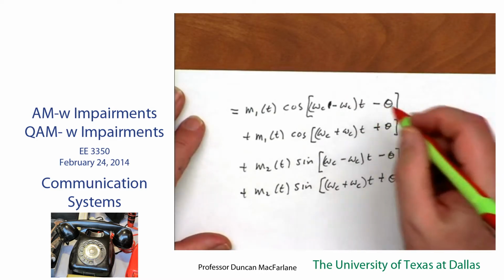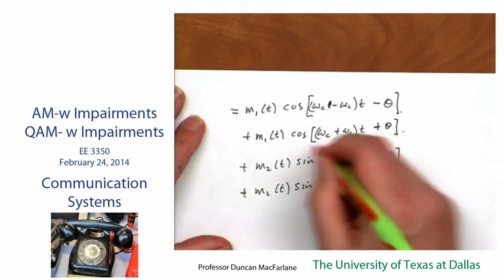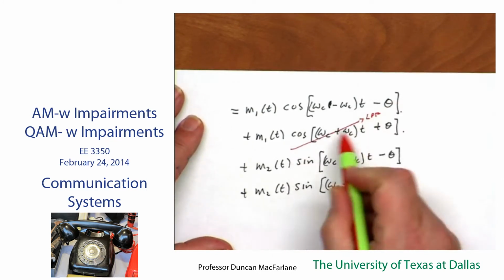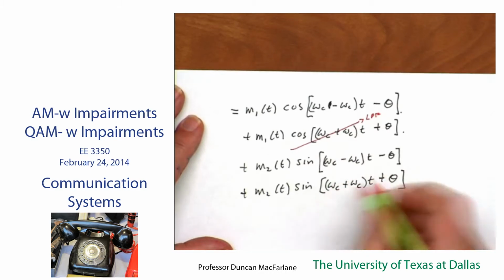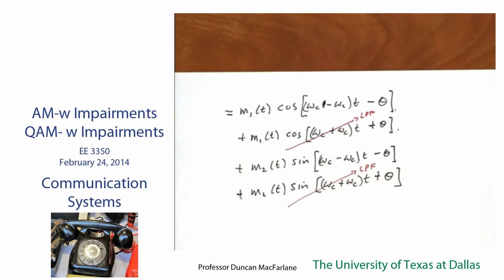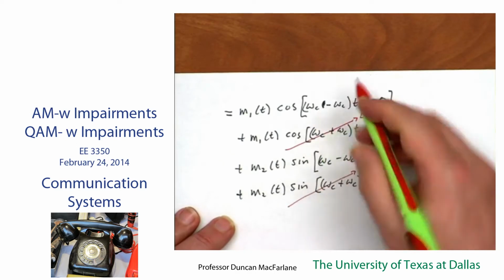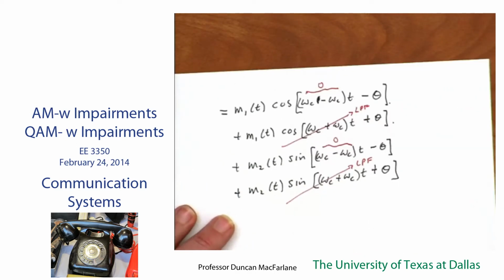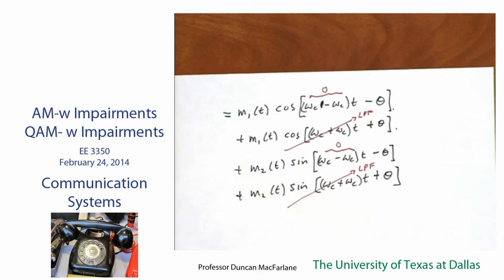So if I low-pass filter, that high-frequency term goes away. That's twice omega c. Low-pass filter, this guy goes away. My omega c's are exactly the same, so this guy is 0, and this guy is 0. And so now this is equal to,